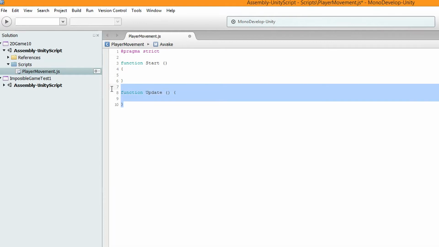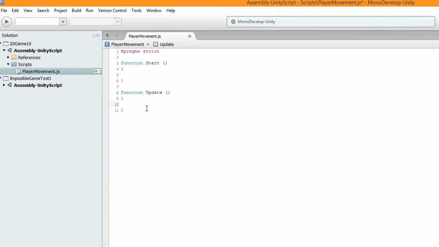Function Update is what is applied every frame. So every frame it will update, and whatever's in this is what we need. So we don't actually need Start, but we'll leave it there anyway, because it's easier for people to understand with it being there. We're going to be focused on function Update only, because in Update is where we're going to have our movement, our jump and our constant moving to the right. But before that we need to set some variables.